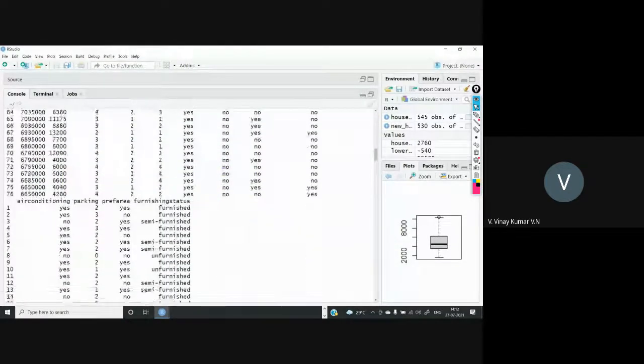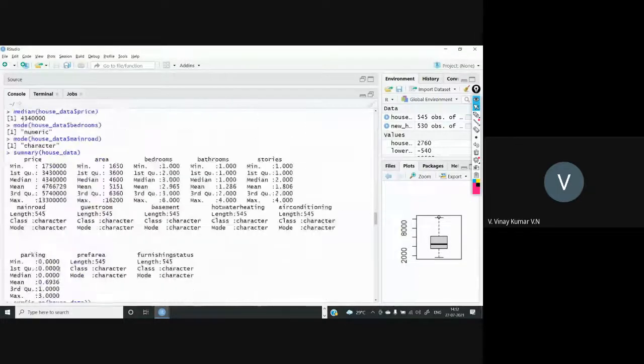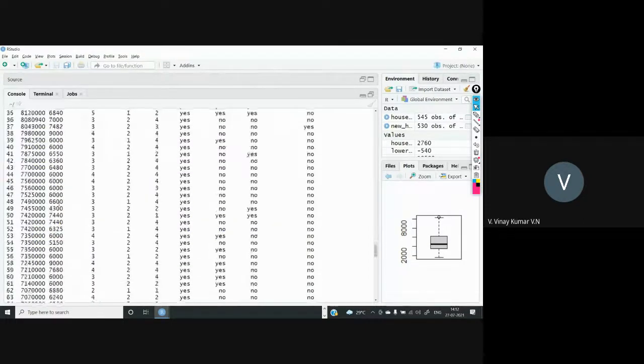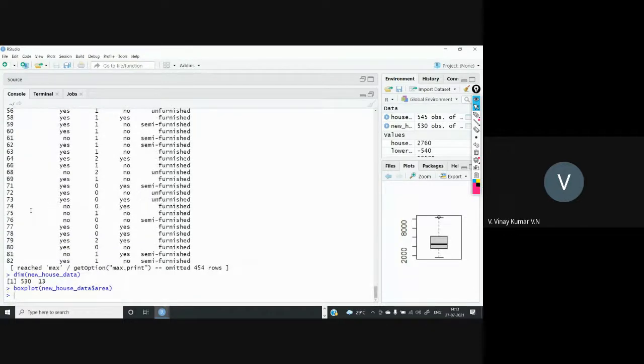Any doubts? This is our task. So we have to import the data. We have to take the statistical summary. Summary is nothing but how many rows are there, how many columns are there, what are the column names we have, what is the statistical summary. This is all about the summary of the data. After that, detection of outliers and removing the outliers. So this is our program 6. Any doubts from this program?